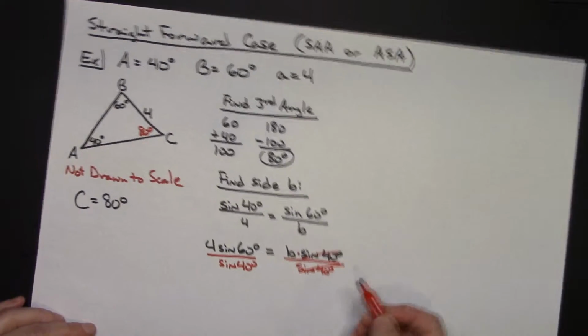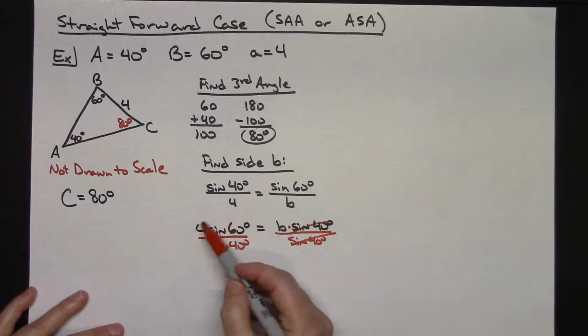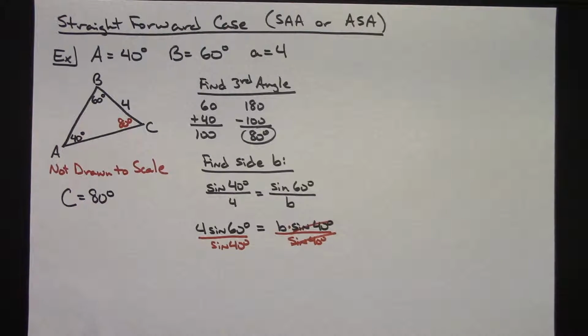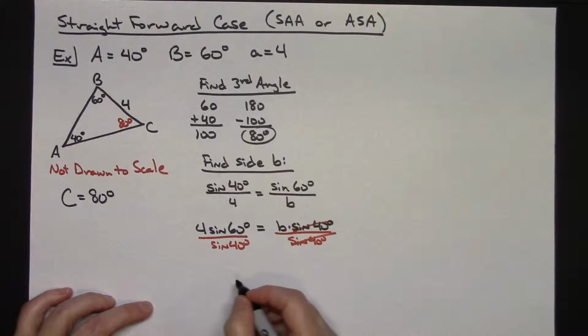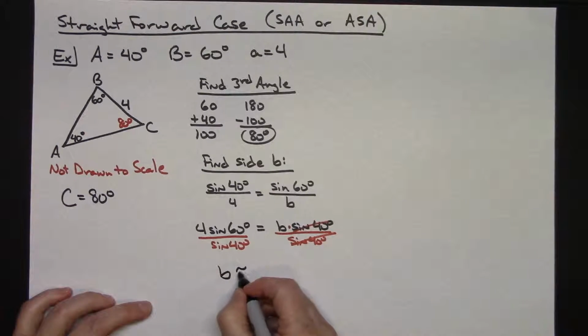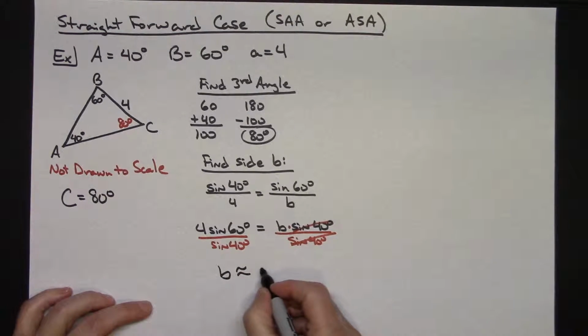Alright, at that point you have a nice little expression here. You can put this in your calculator and it will return a great big long value. You could even store that value and use it later if you wanted, and chances are the directions are going to tell you what to round to. Once this is plugged into a calculator, I'm going to go out 2 places. B is going to be approximately